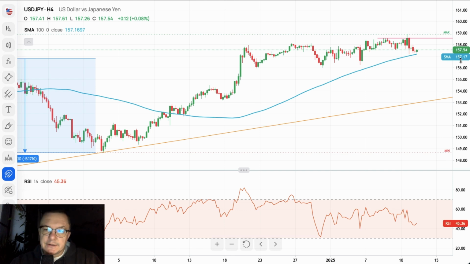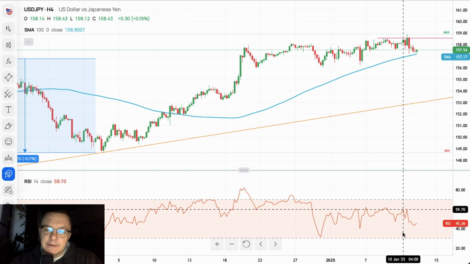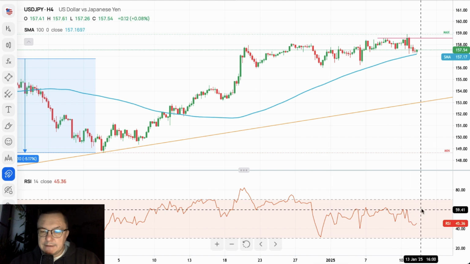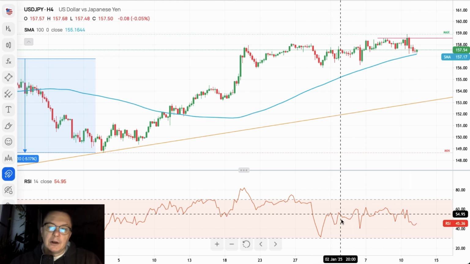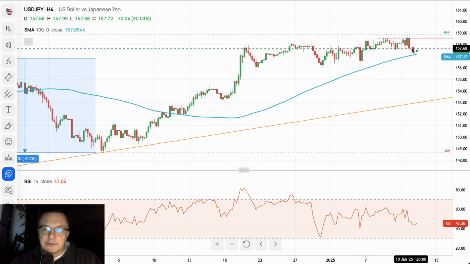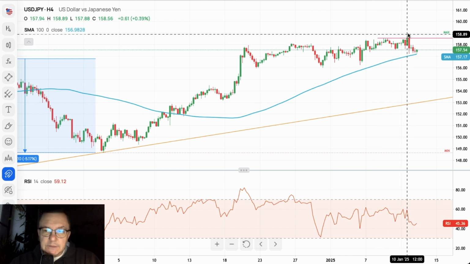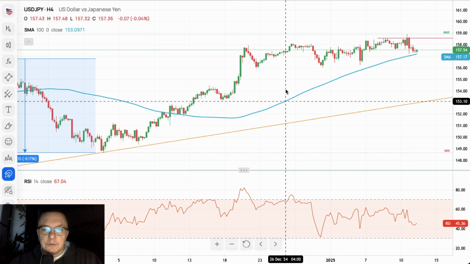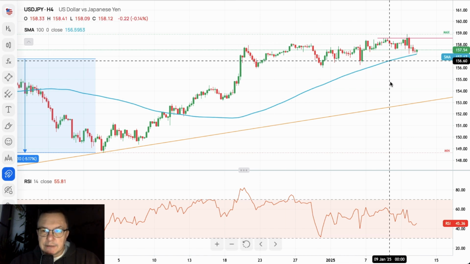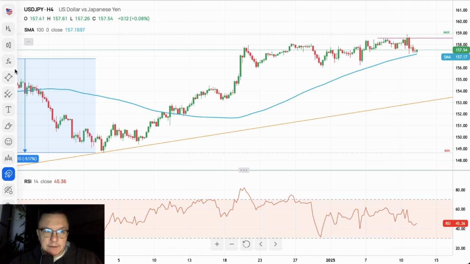This moving average is located at 157.17, and the momentum remains very stable. So we go up and down, hovering around the level of 50, just as we are on the chart, except the potential bearish candlestick pattern that was made here. So what we need to do in the short term in order to trigger the bigger movement to the downside